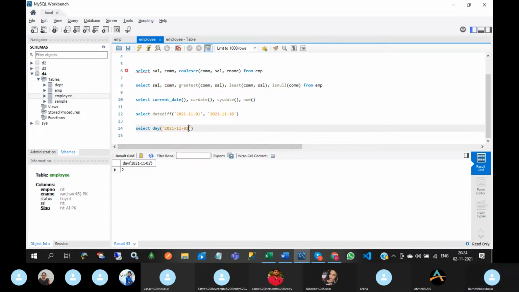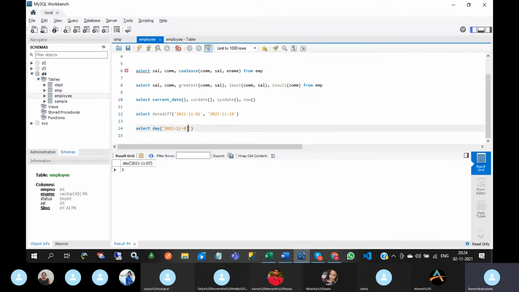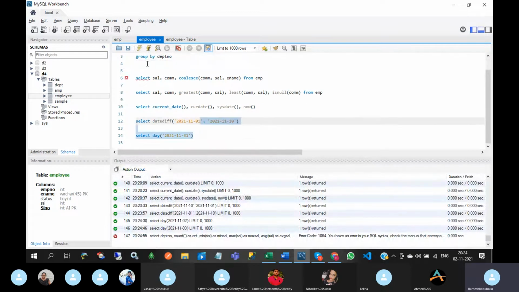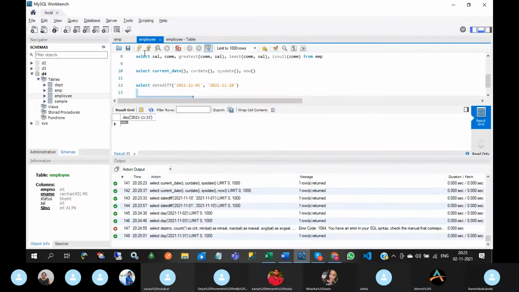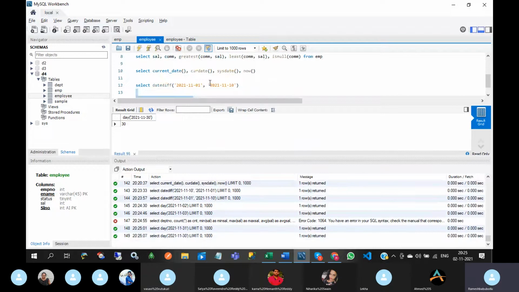Here, suppose you give 3, that means it will return 3 as the date. See this. So day returns the day of the month of a specified date.